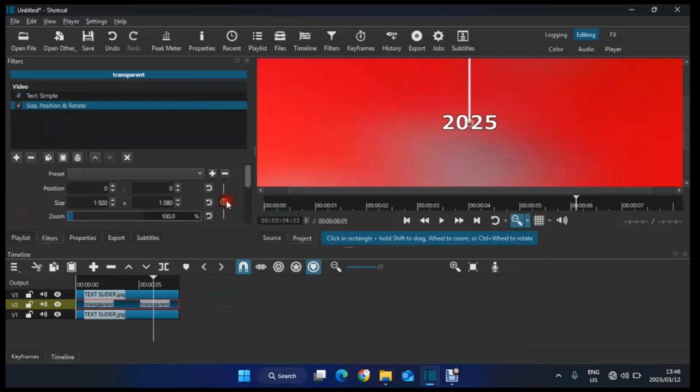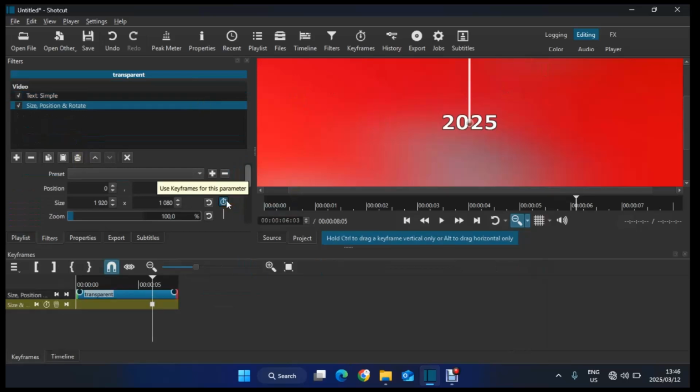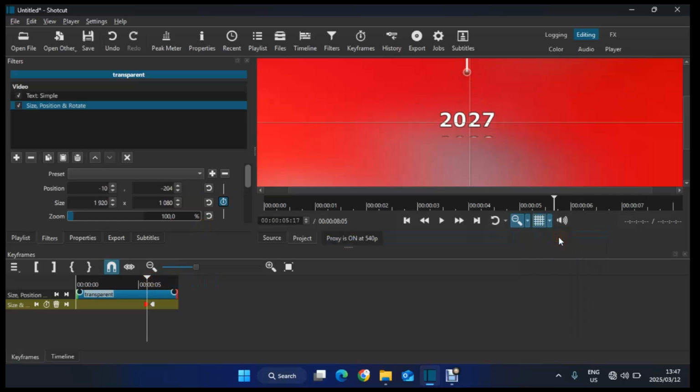Then I just click here, you see, and then I can move a little bit backwards around here. I want it to go straight, so I can just activate my 2x grid so that I can go straight with the line. Then I can just stop around here when 2028 appears. Then I can go straight to the beginning